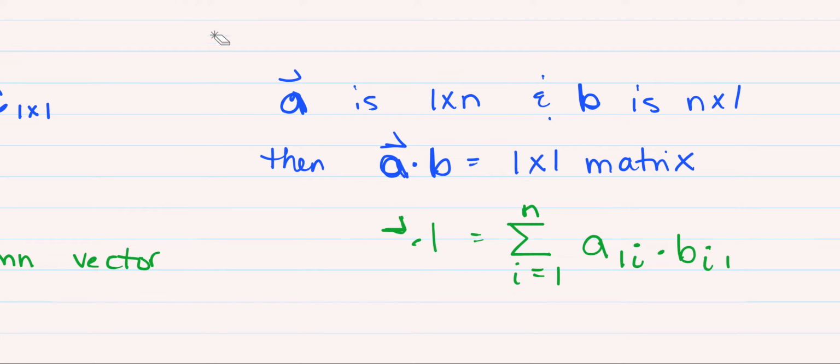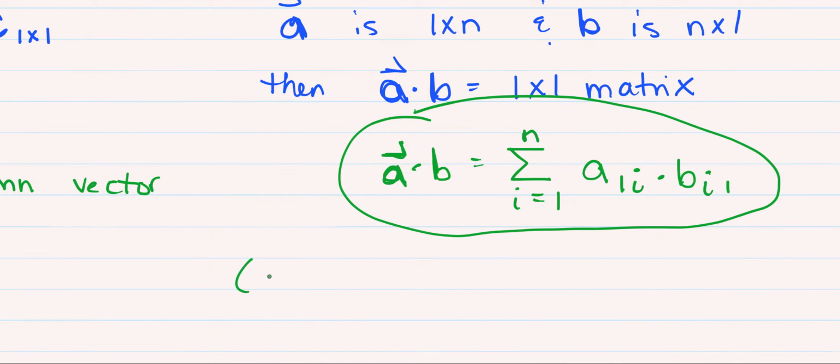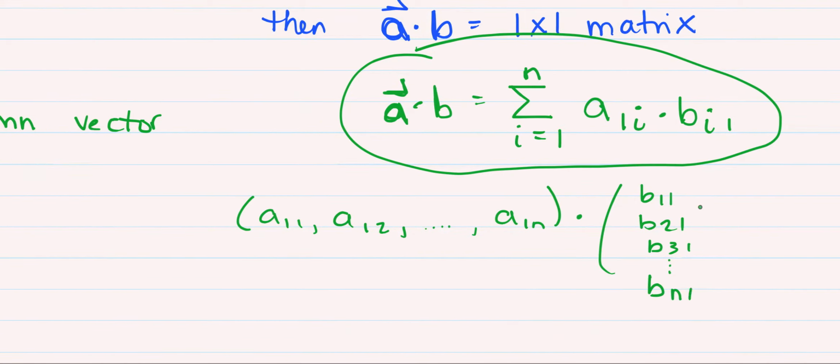I don't like how I wrote that A and the B, so let me fix that just a little bit. Okay. Which is exactly what we did a minute ago. Let me write it out. A11, A12, dot, dot, dot, all the way to A1n times B11, B21, B31, all the way to Bn1. If we multiply these two matrices, this row vector with the column vector, how we did it last time